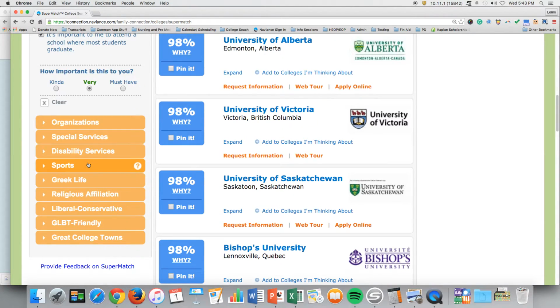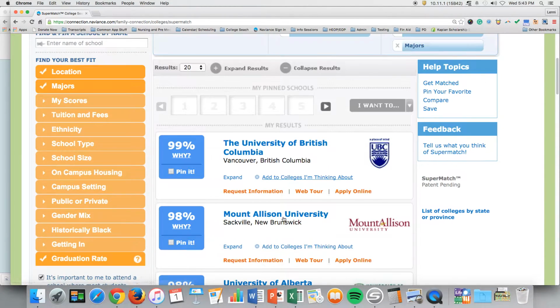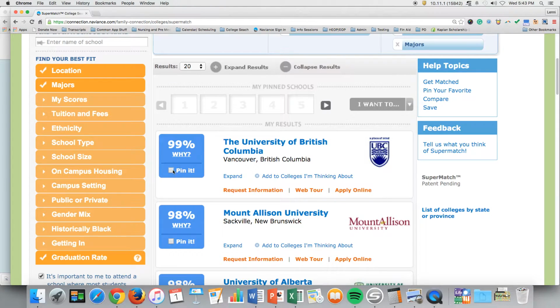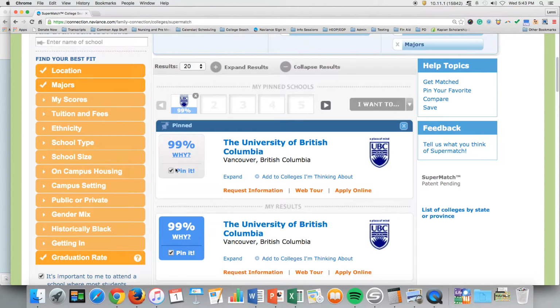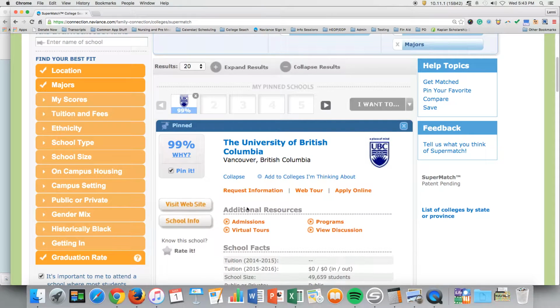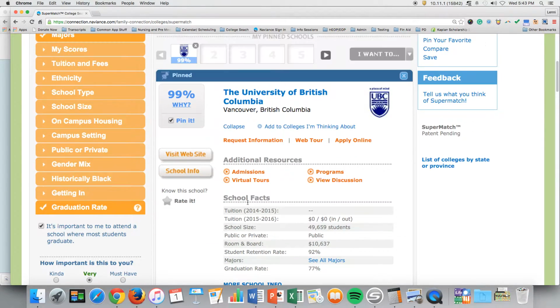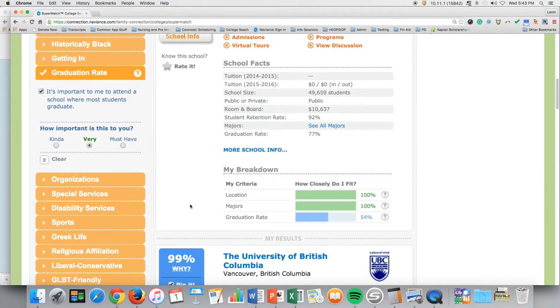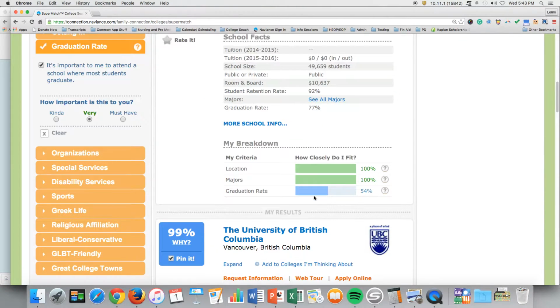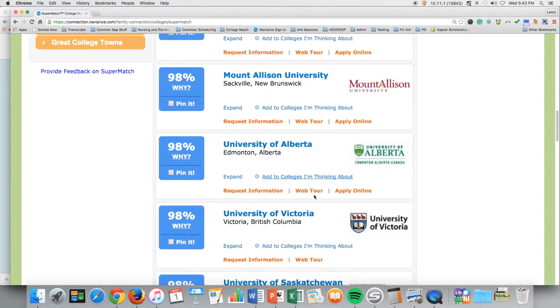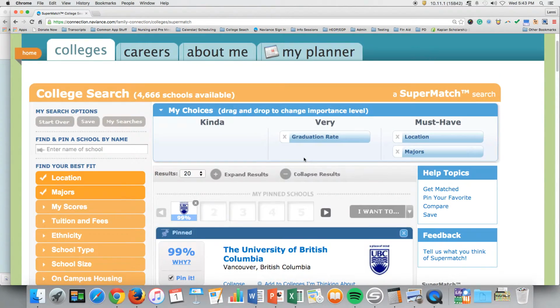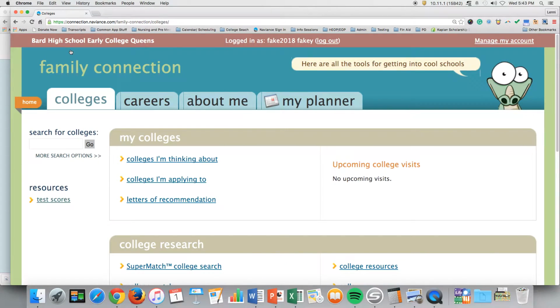So let's leave it there. And we've got some options. The University of British Columbia has a 99% match. And you can pin this and then start to compare them. It also gives you an option to add it to the colleges I'm thinking about, or to expand and look into more information about it. So there's so much cool information. And you see people rate things. Look at how many cool schools there are in Canada. Yeah. So that's the Supermatch college search, and you may use it in your advisory meetings